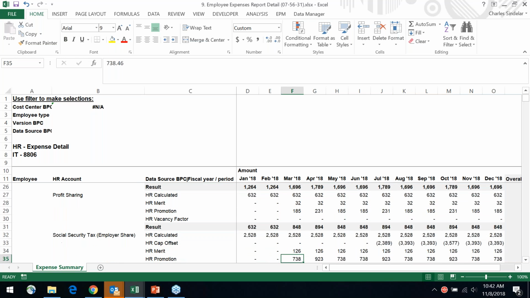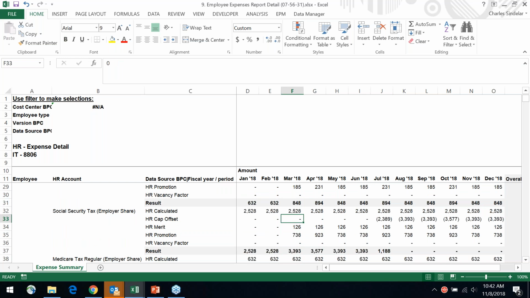You kind of see it just goes on and on. You can even see the impact of Social Security. Now with Social Security, here you see the offset. So basically, you really see the math starting to work. The merit is factored in, right? It's a component, as well as this person's promotion, that's factored into the calculation for Social